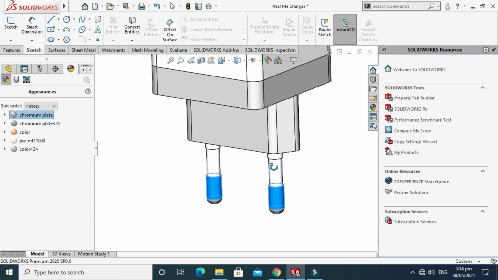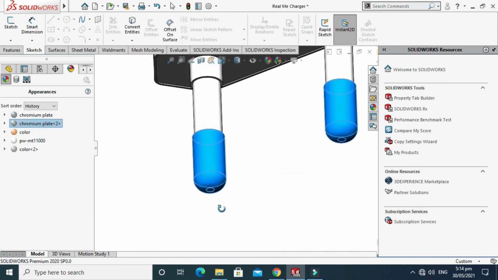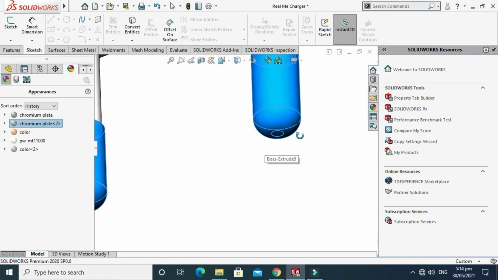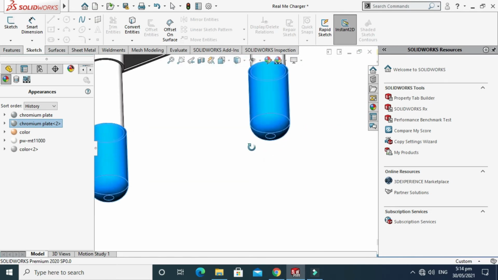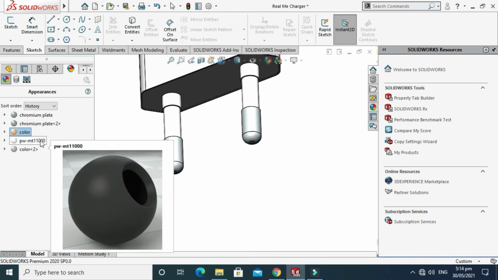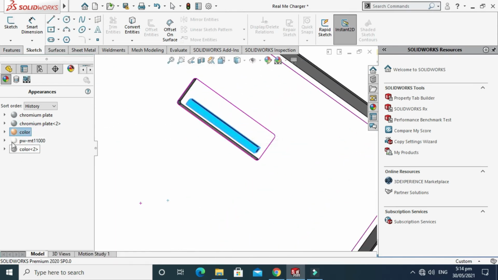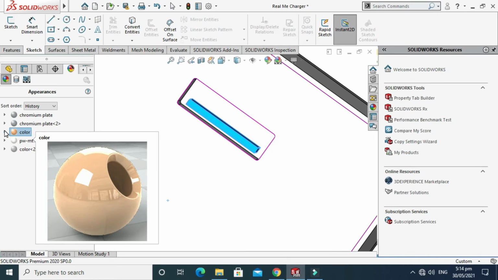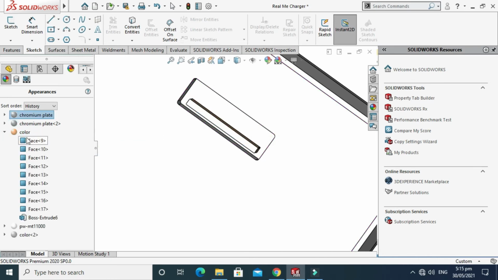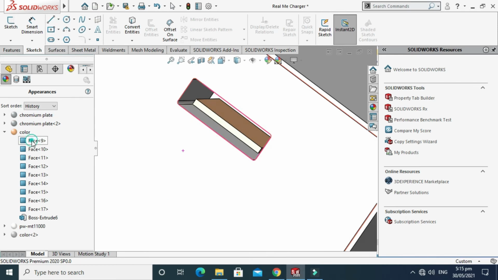Chrome plate on these cylinders, chrome plate on these faces, right? On these fillets, this orange color on these faces, right? I can see these as well on all these faces, right?